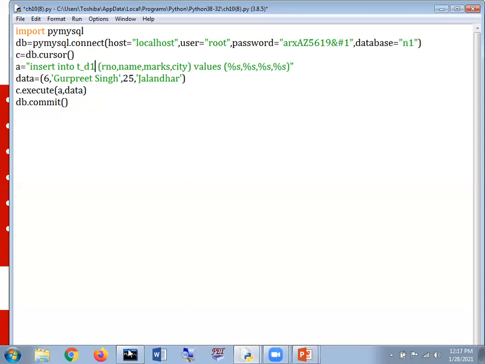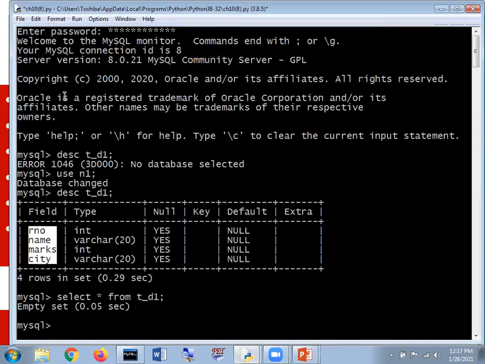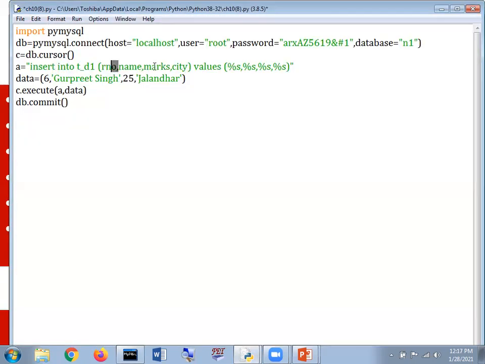And here are the different columns or fields of the table: roll number, name, marks, and city.